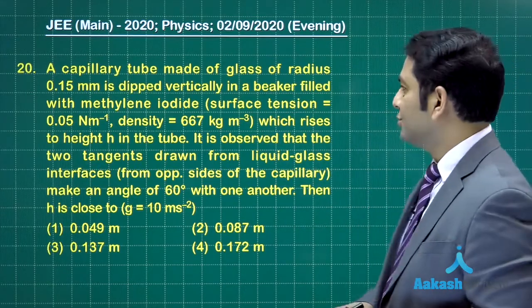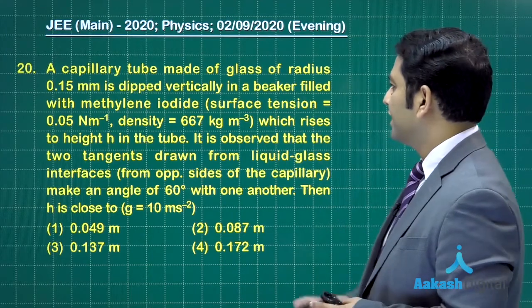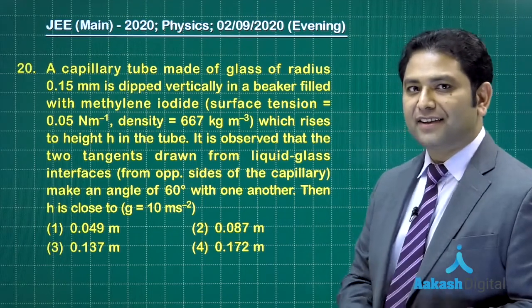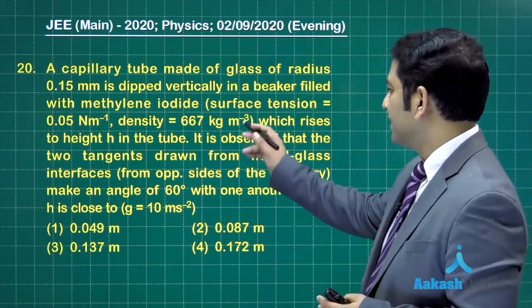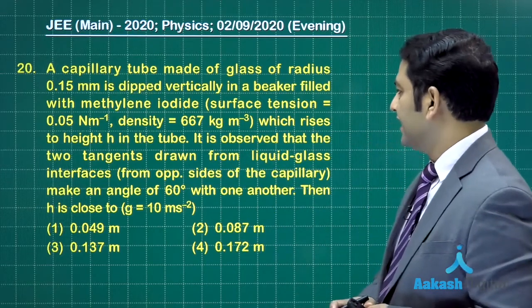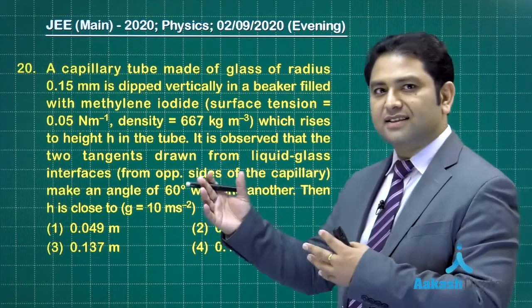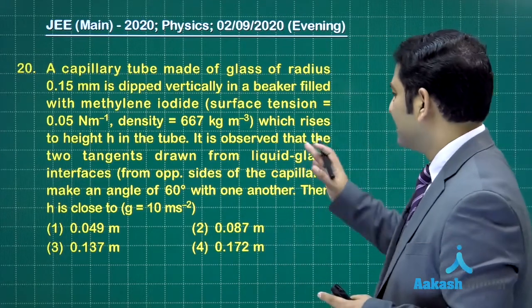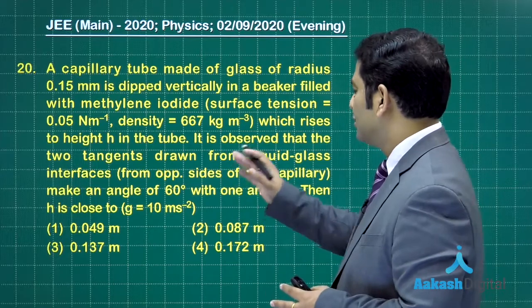The radius of the tube is given, dipped vertically, and there is the liquid methylene iodide. The surface tension has been given, density is given, and it rises up to a certain height h. So if it rises, the angle of contact has to be acute. Now what it says is that it is observed that the two tangents